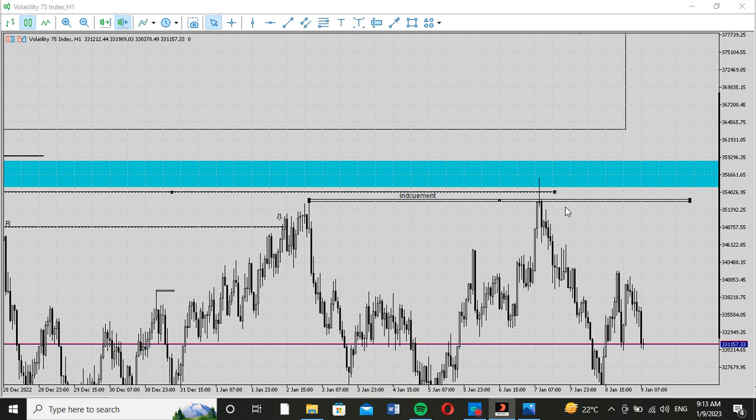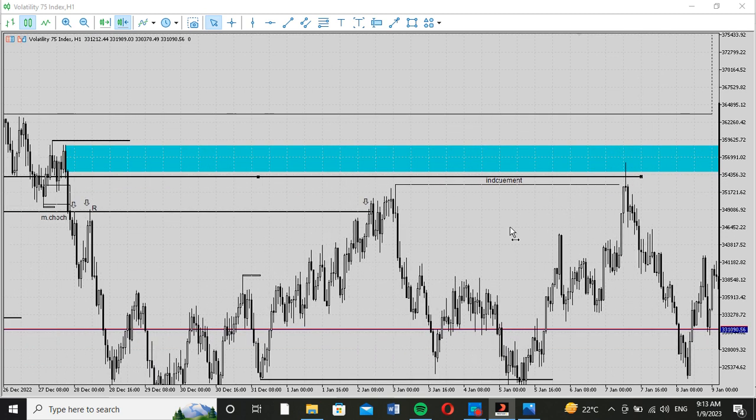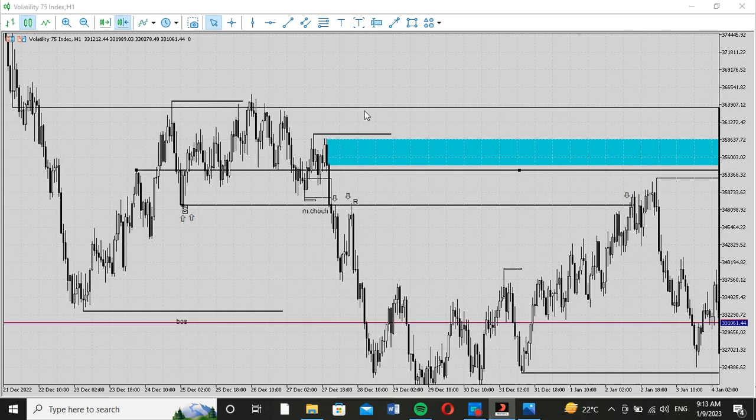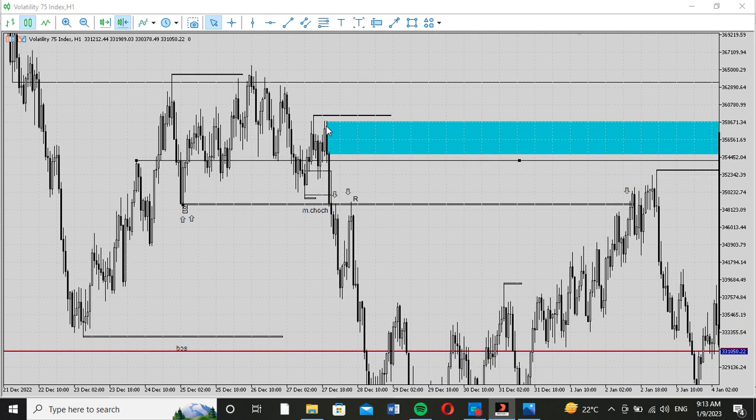So when you see something like this, you are expecting to see a stop hunt on that high. All right, and the stop hunt triggered the area of supply. Okay, so you smart money traders, we know this is a clean area of supply. The last candle we have inefficiency found, right? So I'll mark this right here,